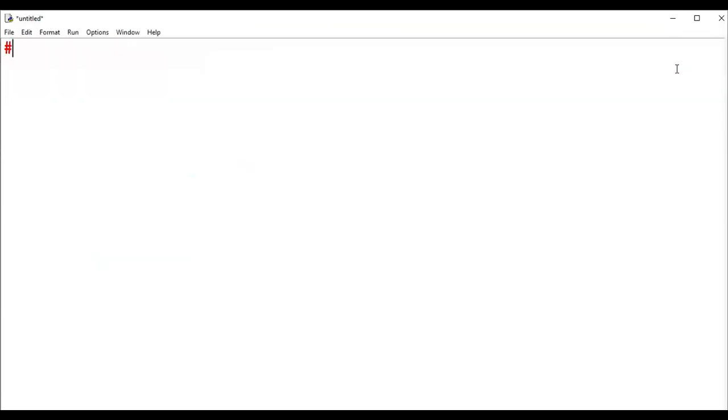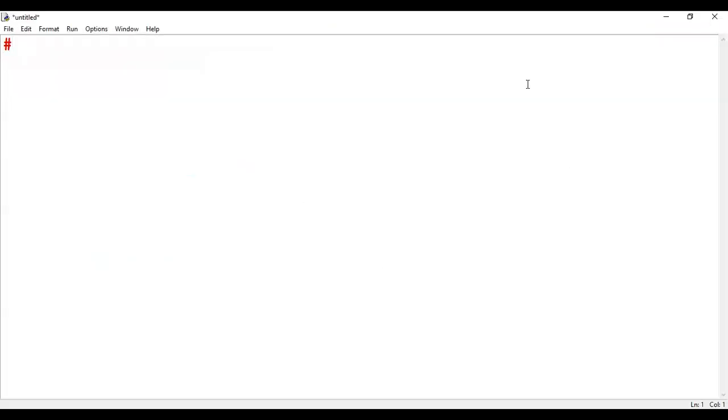Hash represents a comment line. For every program, it is good practice to write a comment line so that readers will understand what the program actually is. So the thing is